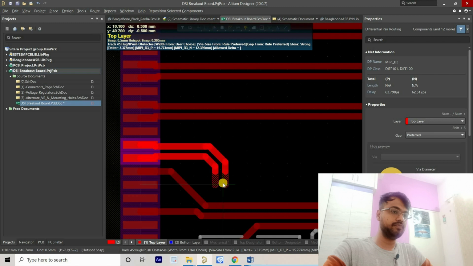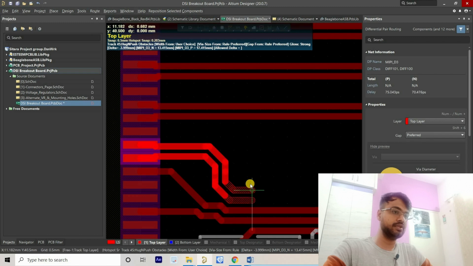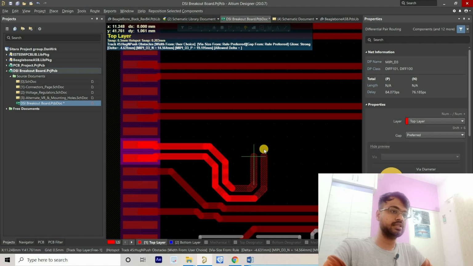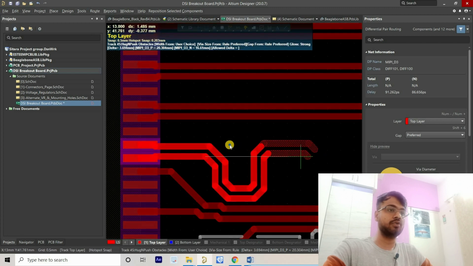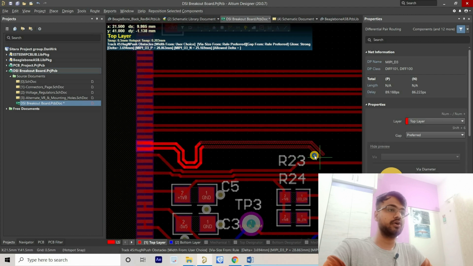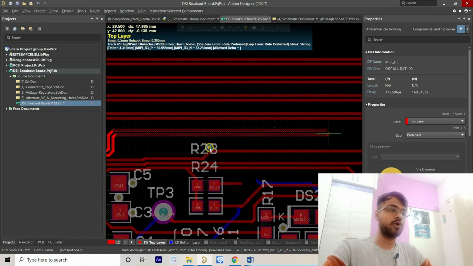We'll do the length matching, then we will check the length again manually and see if it is solving our purpose or not, I mean whether it is equal to the clock length or not.